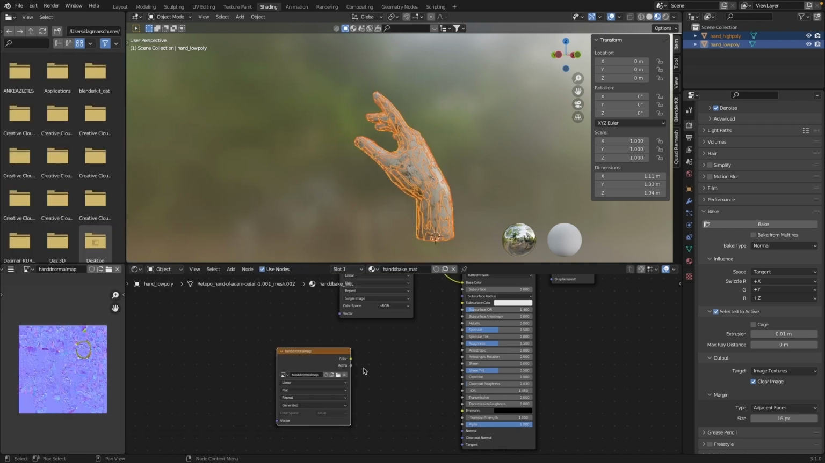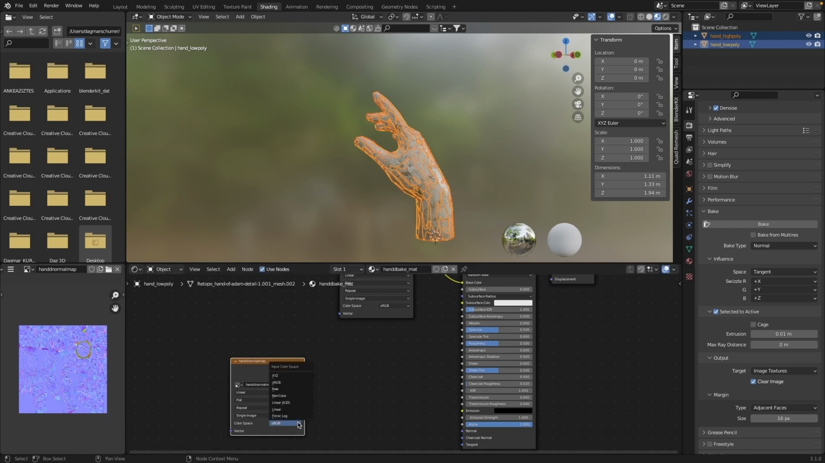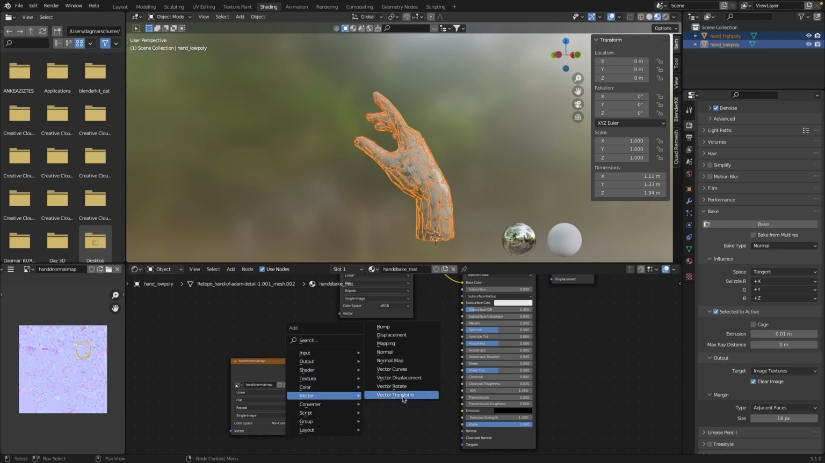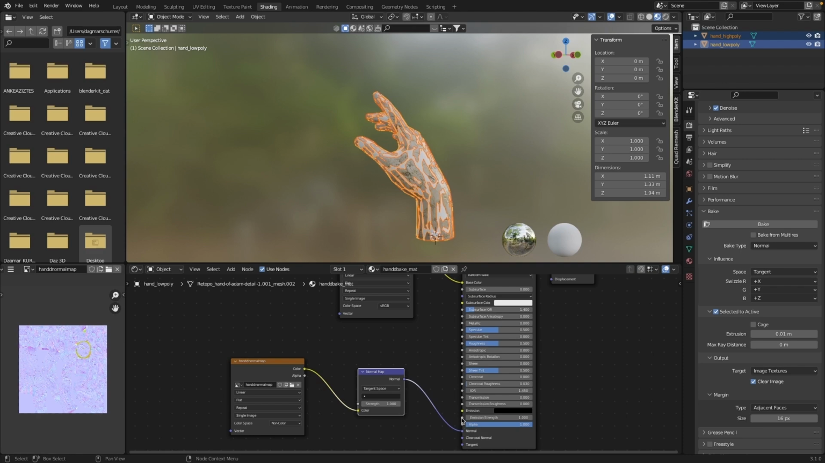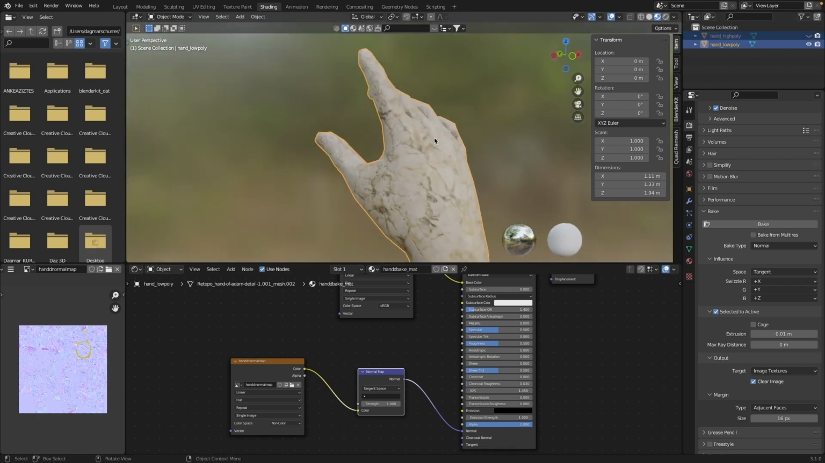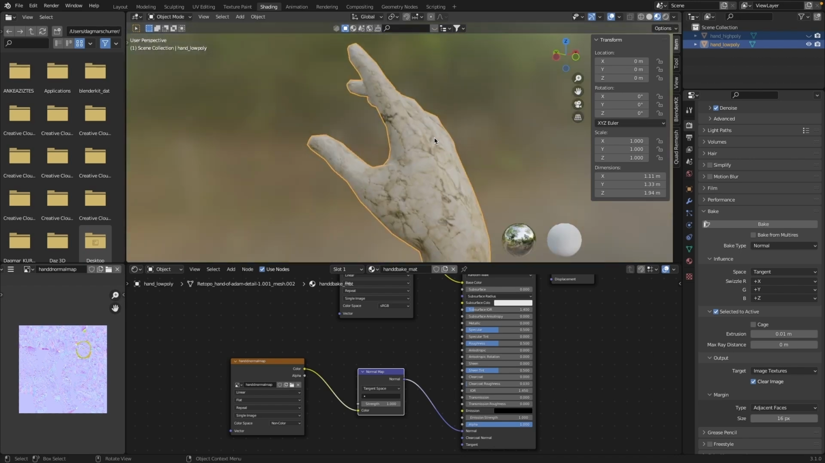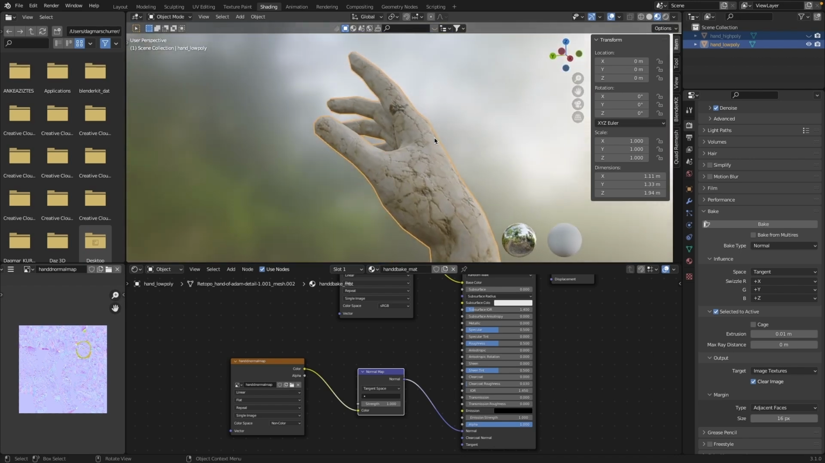And to connect the normal map with my shader, I set the color space to non-color. Add a normal map node by pressing Shift+A, select Vector, then Normal Map. Connect color to color and normal to normal. And if I now hide the high poly object again, we see that we have our surface structures. Also on the low poly object,